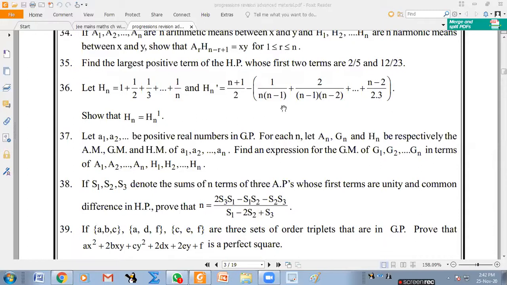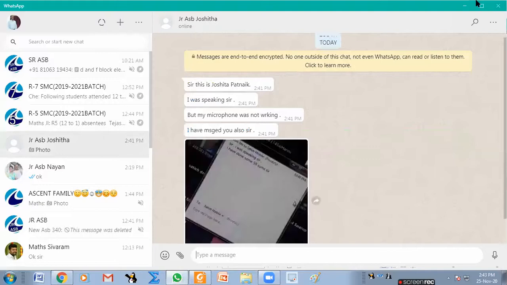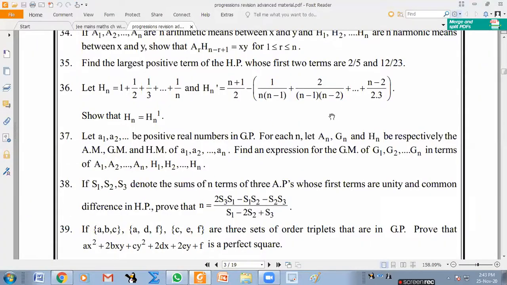And if you want to know which term it is, it is the fifth term. I just wrote the numbers, but I'm writing all the details so that you'll understand: the last positive term in the AP, its reciprocal will be the largest positive term for the HP. So it is the fifth term, and that too it is 6. And then you can try 37 next.